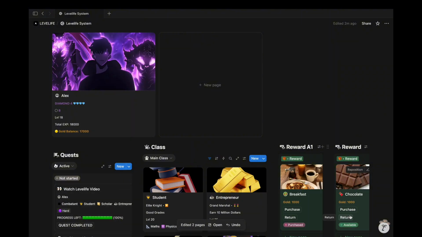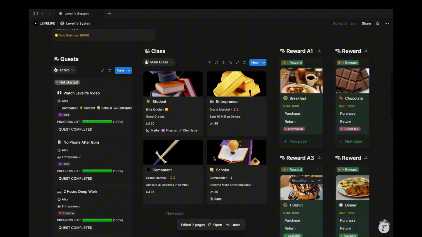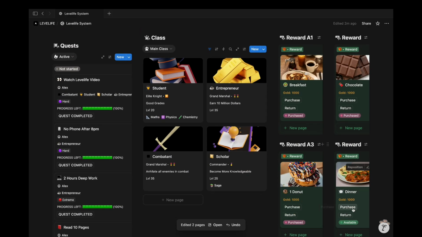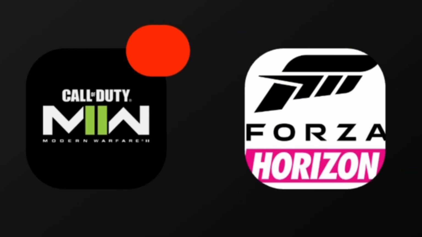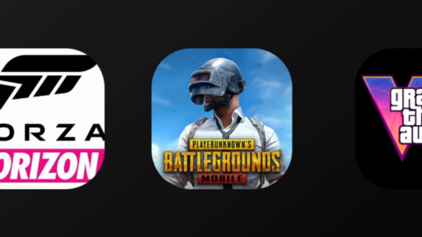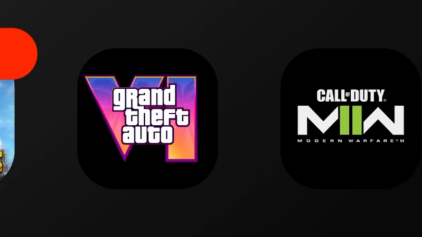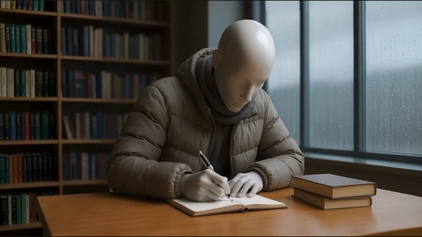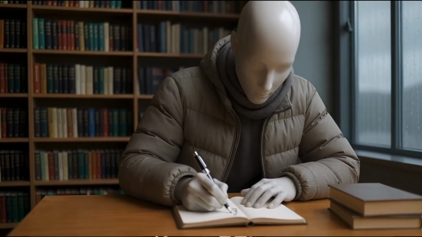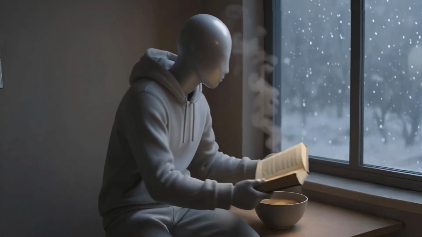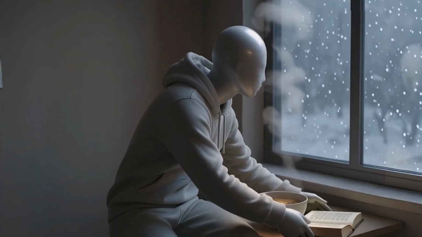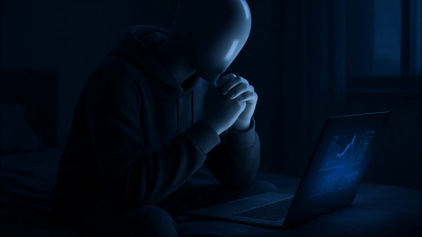This Level Life system is literally a real-life Solo Leveling system. It is a cheat tool that you can use to achieve your goals effortlessly. The truth is, in video games you get instant validation for your efforts, immediate reward. In real life, you study for 2 hours, and nothing happens, just a vague sensation that you got something done. You work hard and finally post that video or start your business and you get like 0 sales, which basically